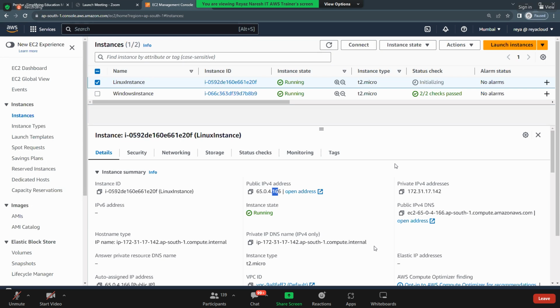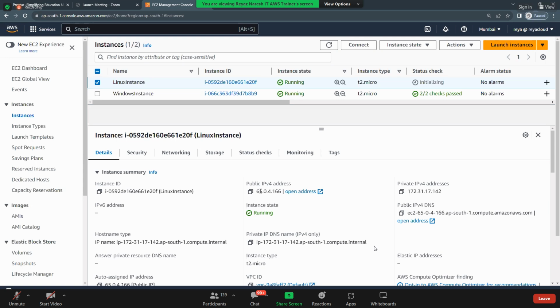What is the typical time it takes for running, sir, in the IT industry? Running, meaning the state, takes less than a minute or a maximum of 2 minutes. Okay. Now we see the public IP address is changing. Which IP address will not change? Private IP, anyway, we will not use. Which is the other IP? Elastic IP. Is elastic IP static or dynamic? Static. Correct.